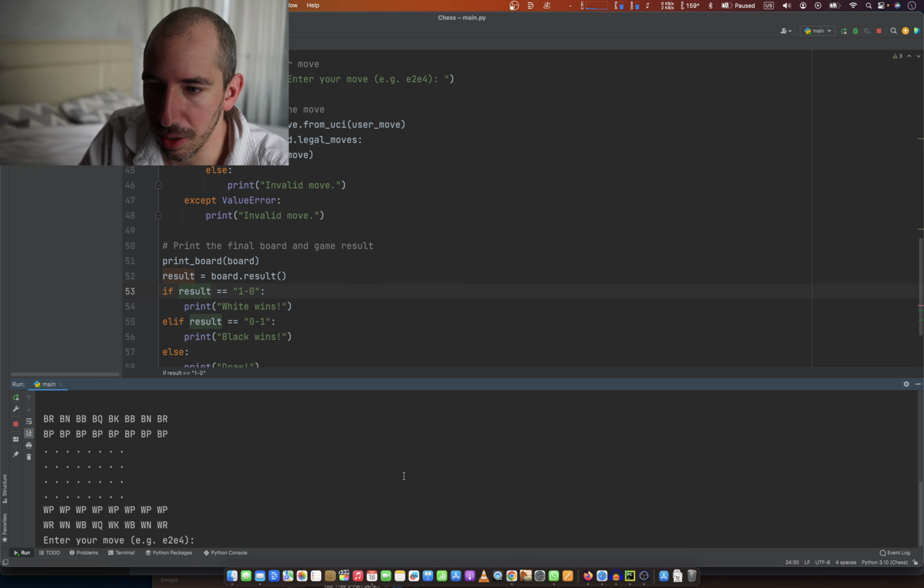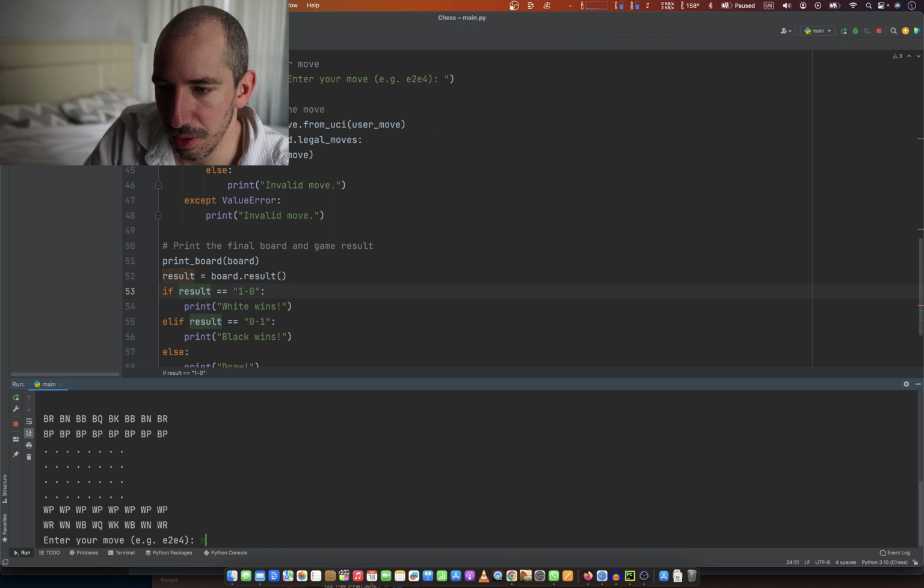Why am I... like A6, A5? A1, A2? What's wrong with this? E2, E4? Okay, there you go. The white pawn has moved up. E2. Okay, so it starts at